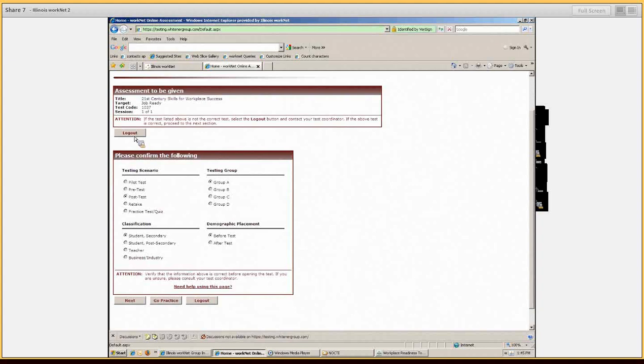They can start out by taking a practice test so they get a feel for how the system works. Then you click Next. They'll see their first name, last name, and participant ID, and that's fine. They don't need to do anything with that. Just click Next. We have some demographic information that they can complete, but it's not required. So once they do that, then they can click Next. And then what you'll want to do is go ahead and click Begin Test. Again, this is